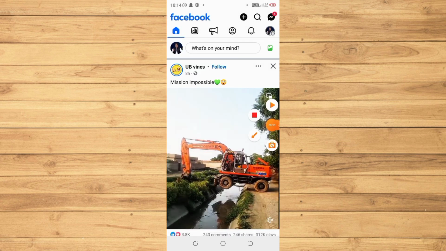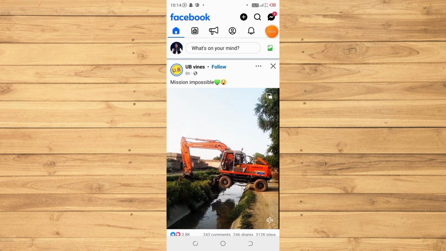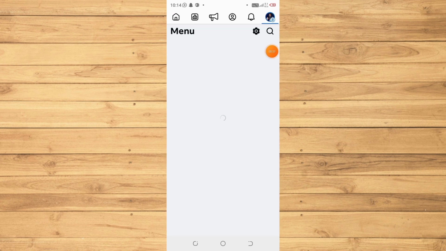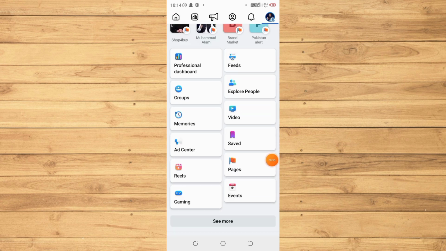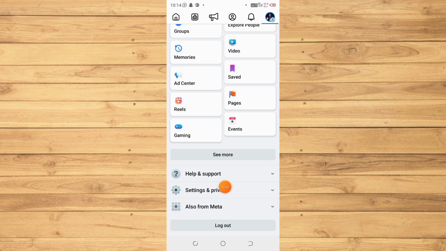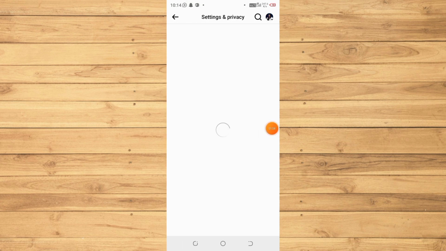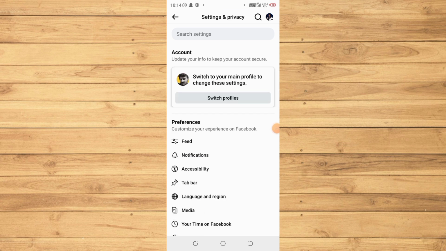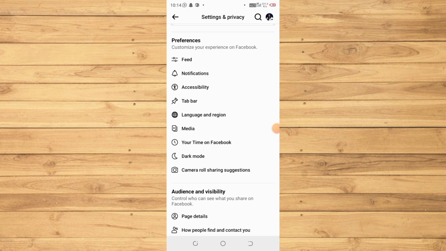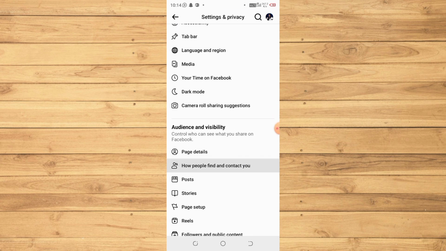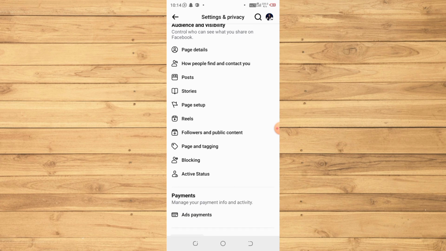Now again tap on the profile icon, and now scroll down. Here tap on Settings and privacy, then tap on Settings. Now scroll down again and find Page setup. Here you can see Page setup. Simply tap on Page setup,